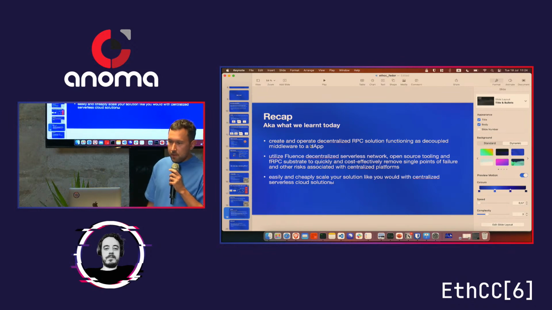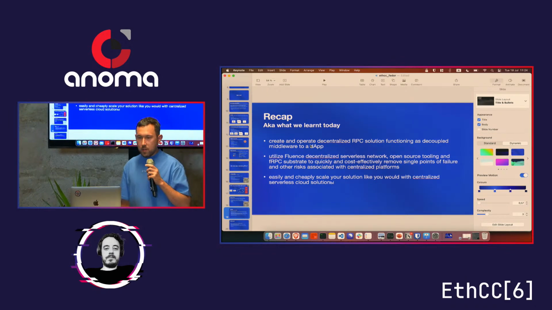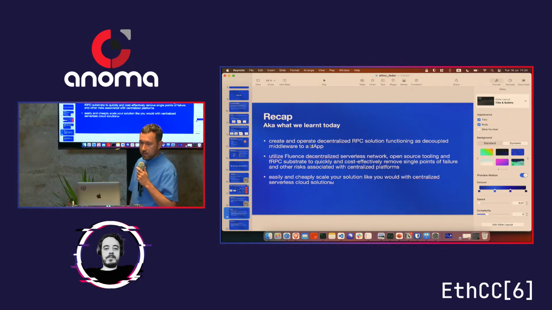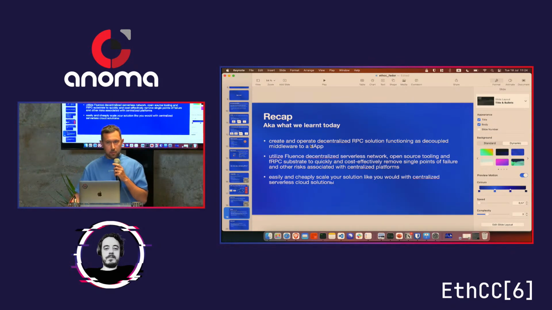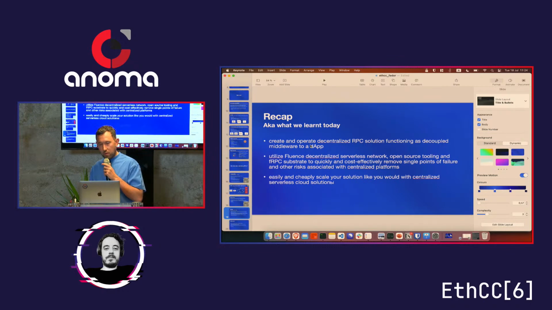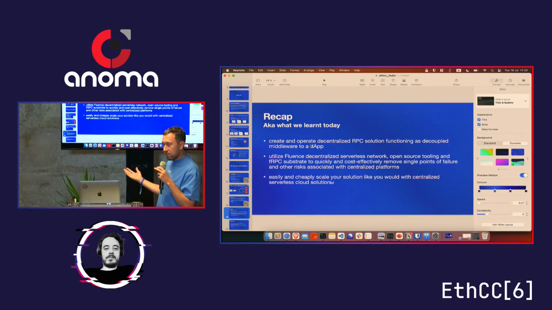So the first thing, you can utilize Fluence to create the backend for your app, a centralized backend. So you not only can deploy this simple FRPC app to Fluence, you can deploy any kind of app backend to it.